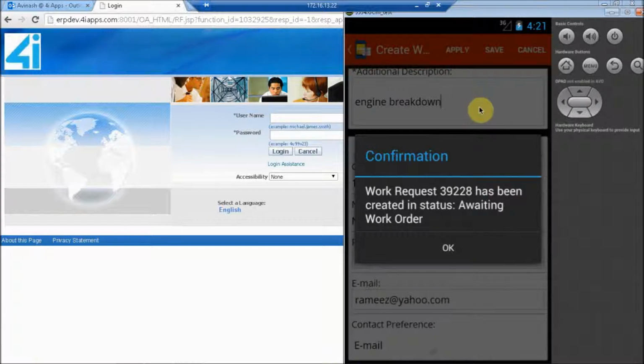So this is creating a work request, which is nothing but we are invoking the related work request workflow in the EBS from mobile. So once it's requested, you will get your work request number 39228.